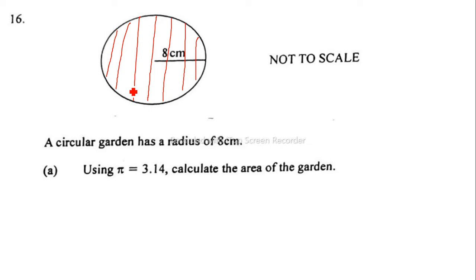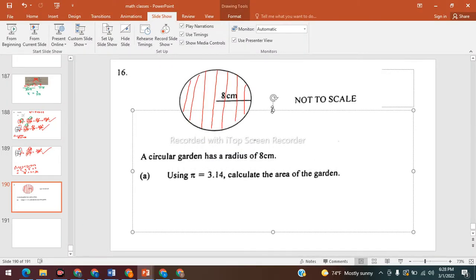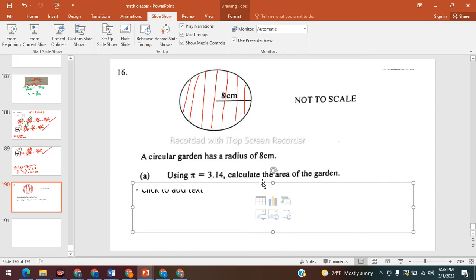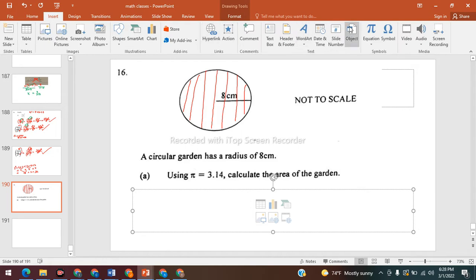Okay, so we need to use the area of a circle formula, and we know that that is pi r squared, where r is the radius. So let's figure that out. While I'm doing it, you all could do it on your own and then tell me what you get. Now, what do we have to use for pi? We have to use the approximation, 3.14. So that's the approximation that we have to use of pi.